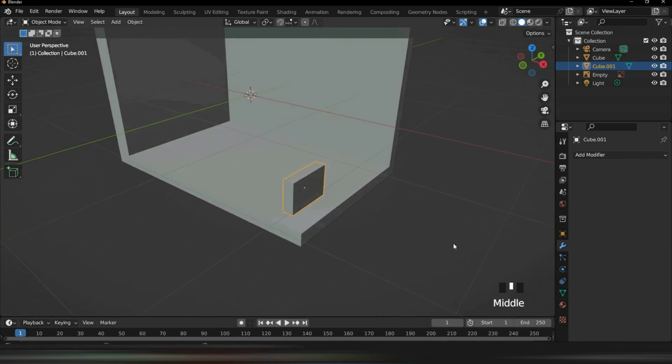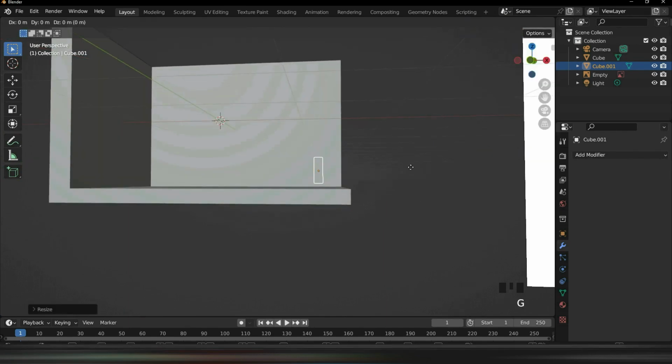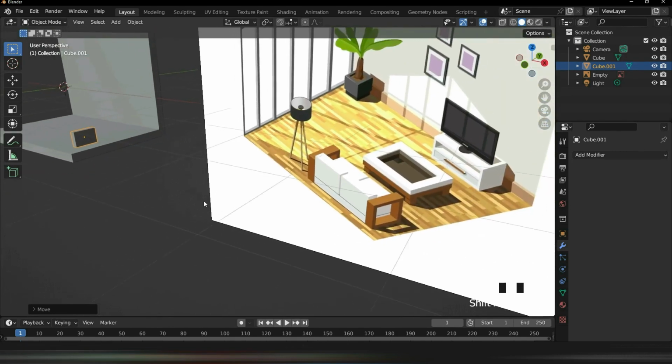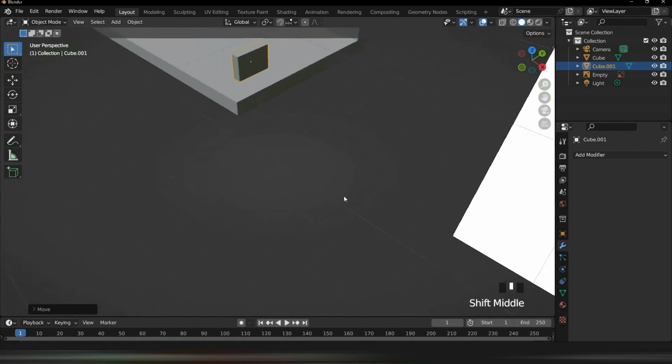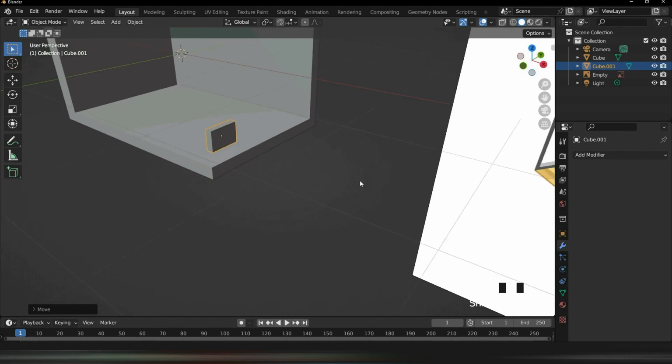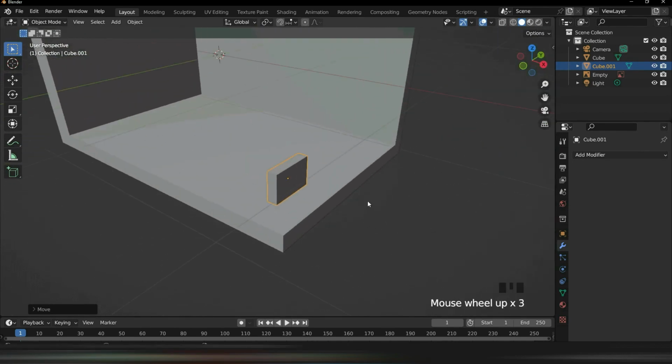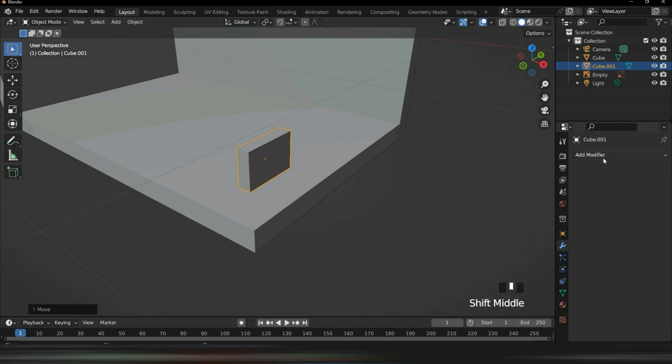Alright, we're just going to scale it down a little bit more, and we're just going to make it so it touches the floor. Turn it to Z. There we go. And that should be the perfect size. Maybe a little bit taller, but that can be fixed later by resizing the couch. Alright. The next thing we have to do is